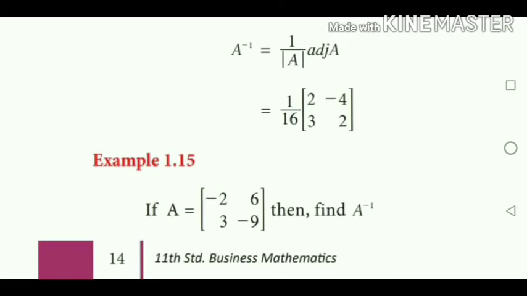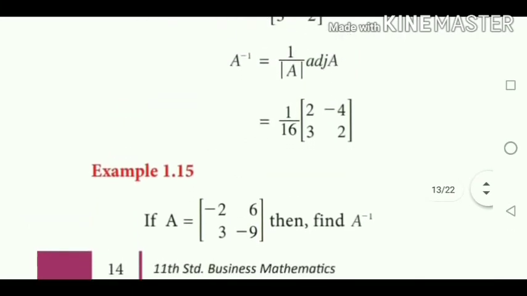Okay, so I think you understand the meaning of A inverse. In this class you studied about adjoint of A, determinants of A, as well as A inverse. If you know the determinants of A and adjoint of A, then it is easy for you to find A inverse. If determinants of A equal to 0, it is a singular matrix, and in such a case A inverse doesn't exist. If it is non-singular, that is not equal to 0, then only A inverse exists. In such a case you have to find determinants of A as well as adjoint of A. Then apply the formula of A inverse, and you get the answer.